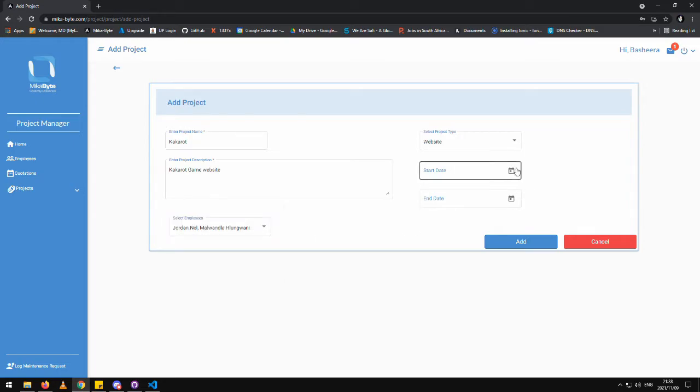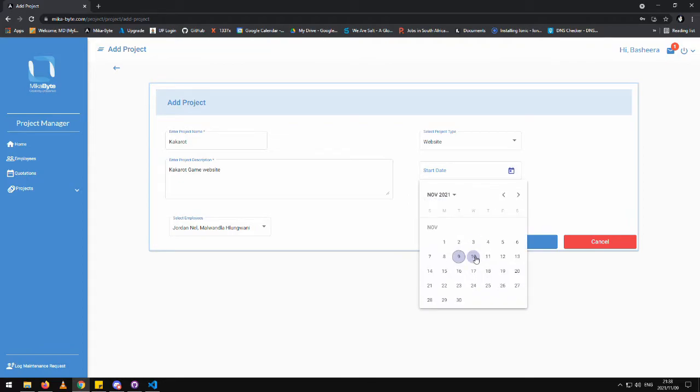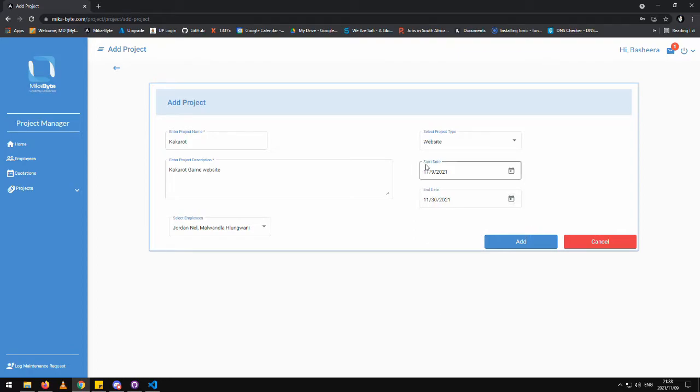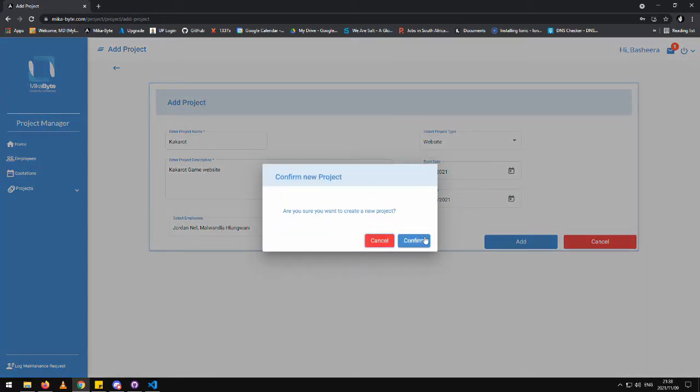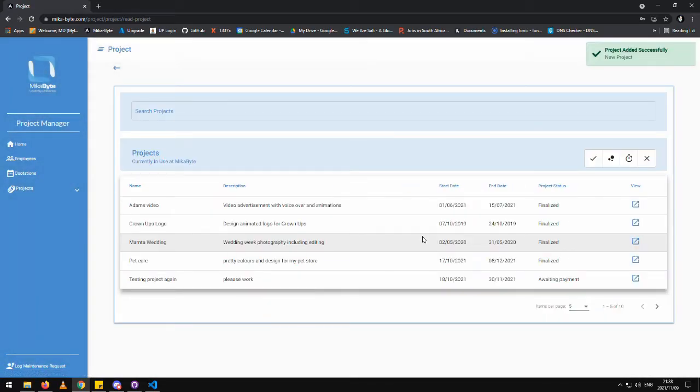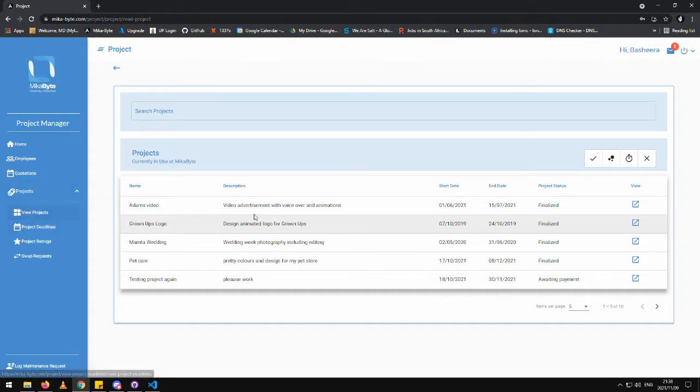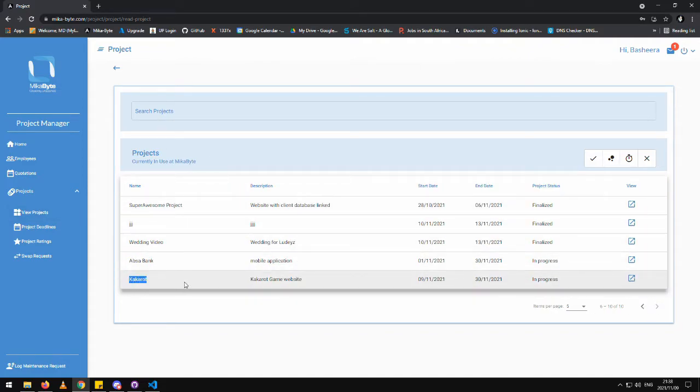We'll start with the starting date of today and end on the 30th of November and proceed to add this project and confirm. Now the project has been added successfully. To view this project, simply go over under View Projects, which we already are on, and here we are, Kakarot,